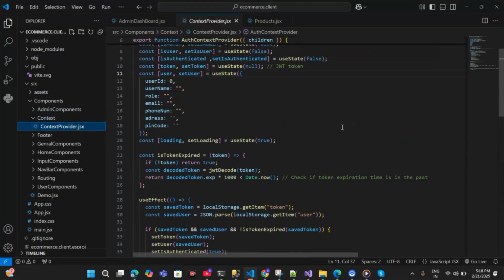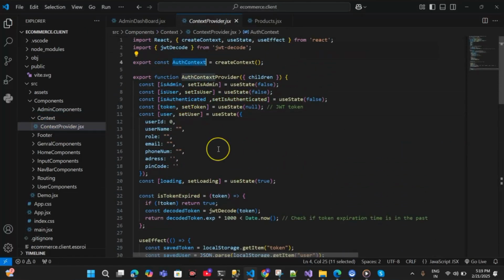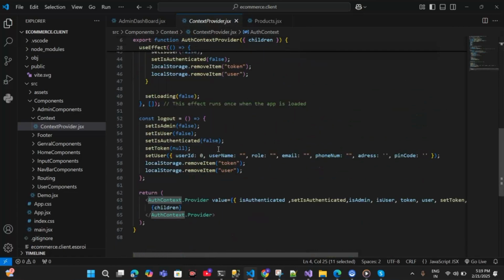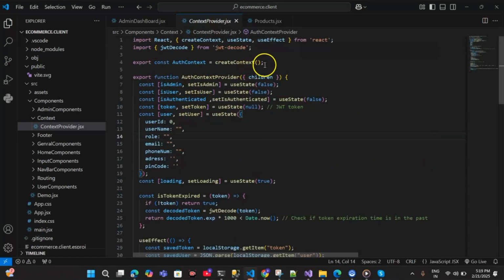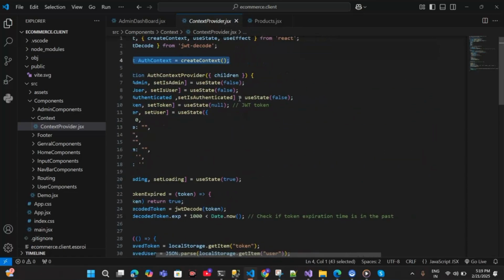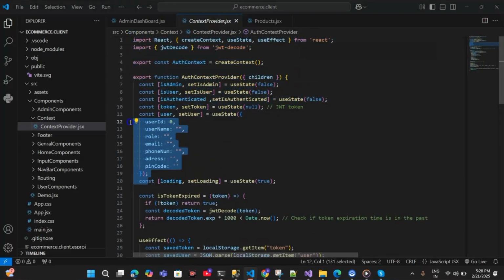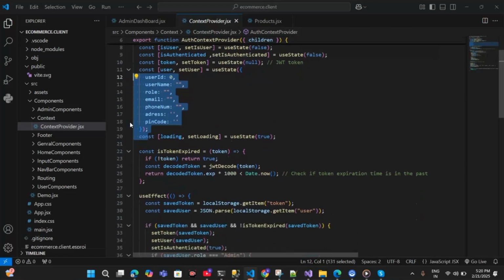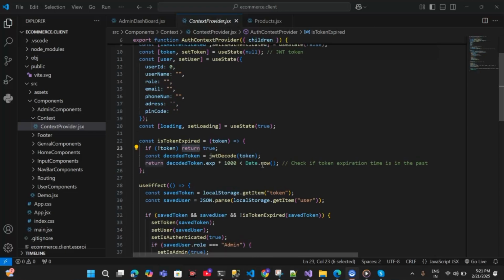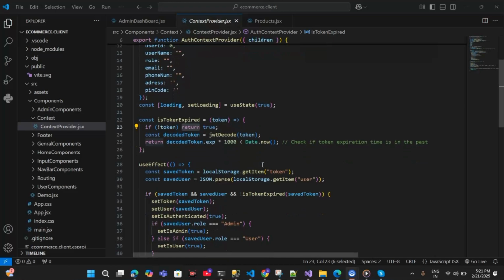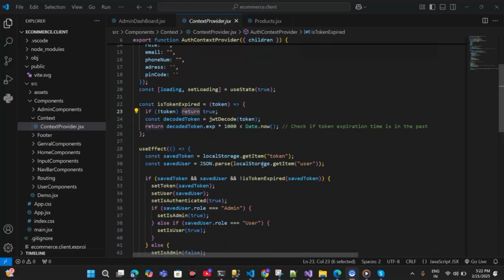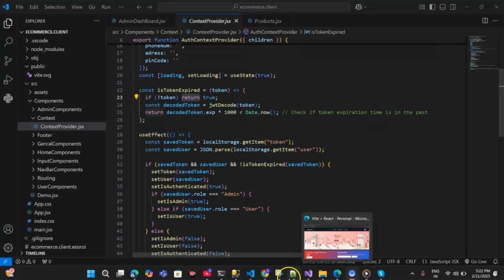We have to know the context provider. Auth context is responsible for managing authentication like login, logout and user roles. This line creates a global authentication context to manage the user authentication state. It stores the user details like user ID, name, role, email and phone number, etc. Token expiry: before knowing this, we have to know what a token is. A token is a digital key or pass that allows a user to stay logged in without needing to enter their credentials repeatedly. For example, in my website,